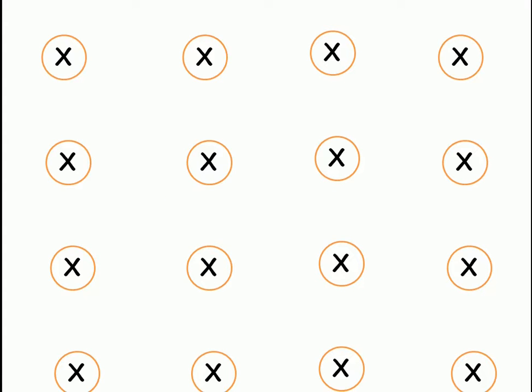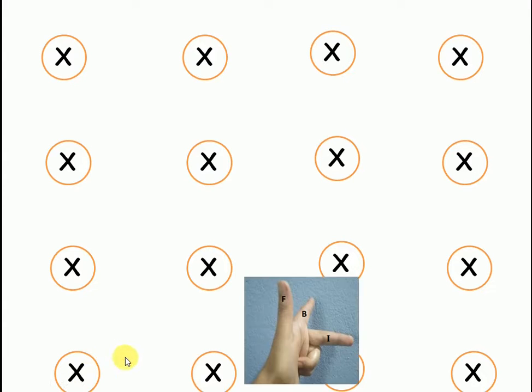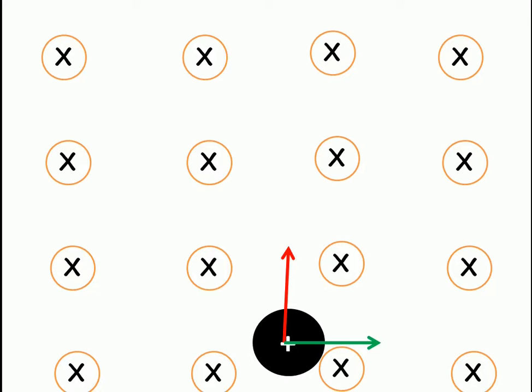Now let us understand the nature of this force. I have a magnetic field going into the plane of the screen and a positive charge moving towards my right. Here I can use Fleming's left hand rule. The direction of positive charge is the direction of current and the magnetic field is going into the screen, so the force will be in the upward direction. So it should deflect upward, but the initial velocity is towards the right, so the charge will move in the resultant of these two vectors, in this direction.